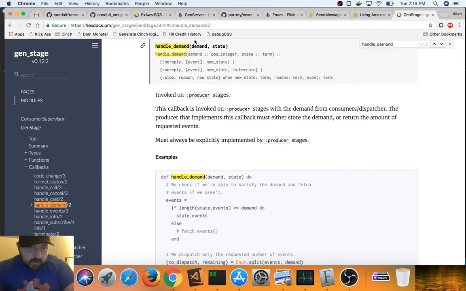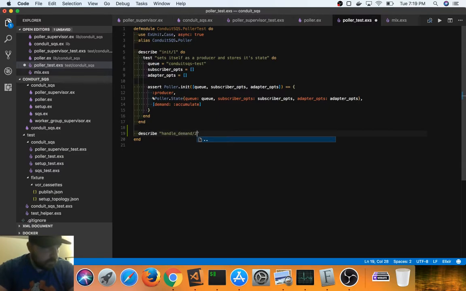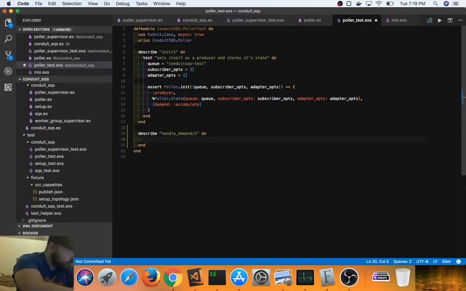So this accepts two arguments, demand, which will be a number, and state, which will be the state that we passed back from our init. So let's go ahead and describe that. All right, so the first test we're going to do is,